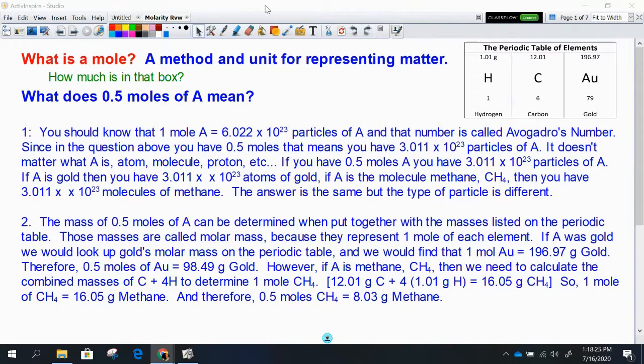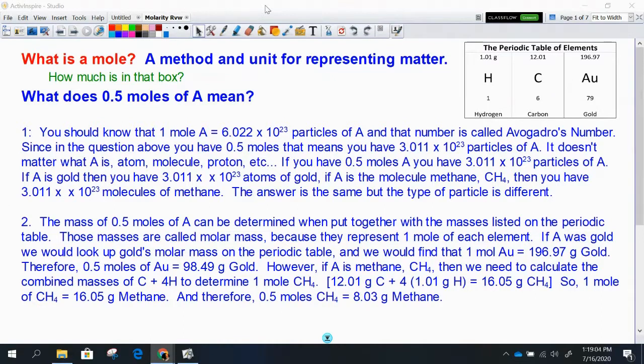And the question is, what does 0.5 moles of A mean? And A could be anything. So we're going to run through two possible answers. First, you need to recall again that Avogadro's number represents 1 mole of any sample. It doesn't matter whether you're talking about atoms or protons or molecules or shoes. If someone says you have 1 mole of that thing, you have 6.022 times 10 to the 23rd pieces of that thing. It is a gigantic quantity which is not used very often,